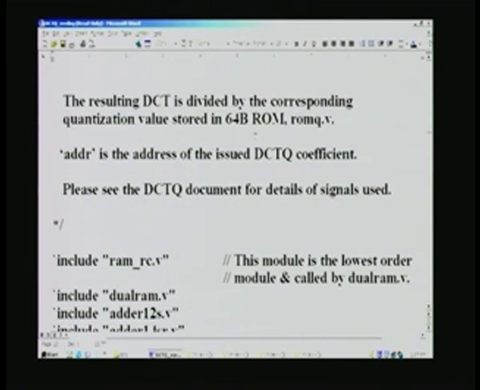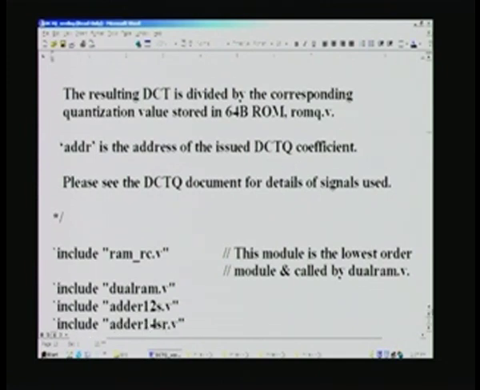stored in 64 byte romq.v, and address serves as the address for the DCTQ coefficient. Address equal to 0 would correspond to the DC coefficient, whereas all others are AC coefficients up to 63, and this design